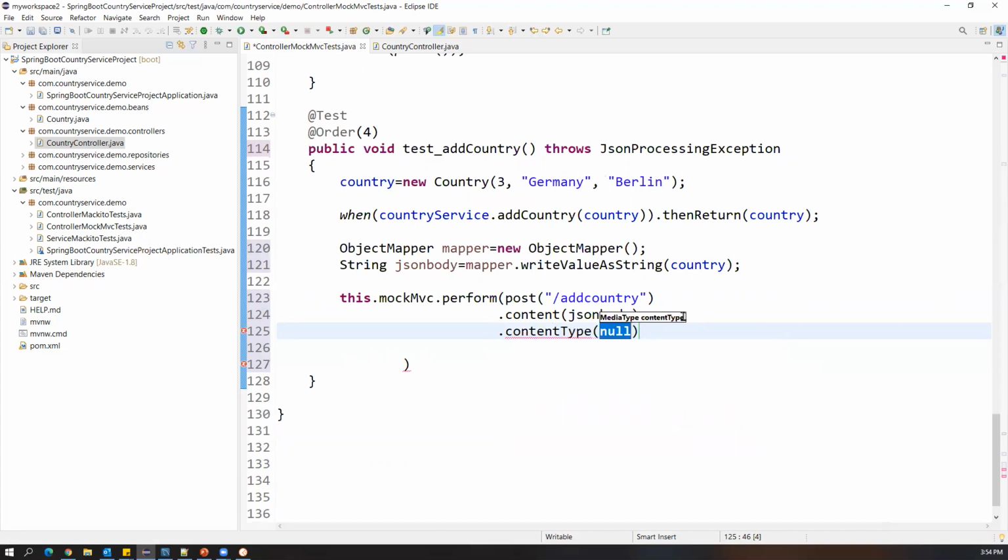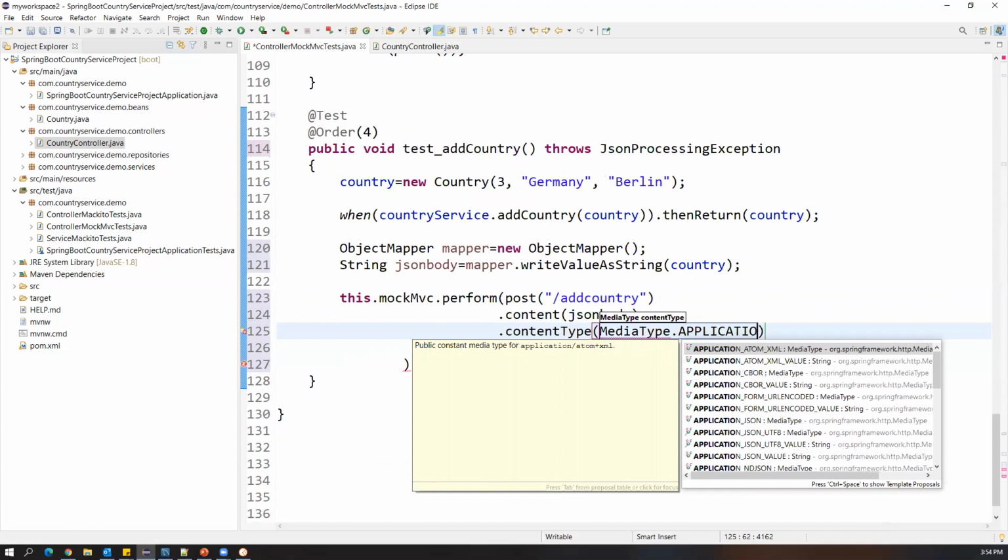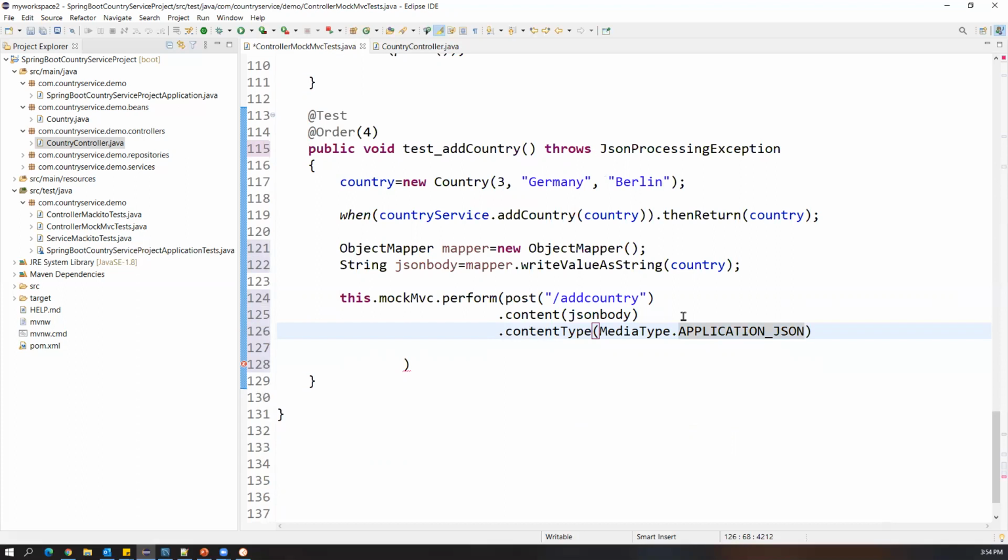Content type is MediaType.APPLICATION_JSON. That's the content type, and the perform method is completed with this. From here to here is the perform method, where we are sending the URI along with the content and type of the content.